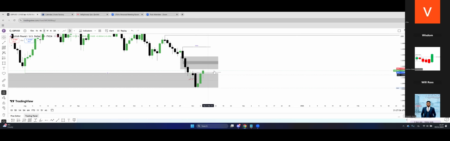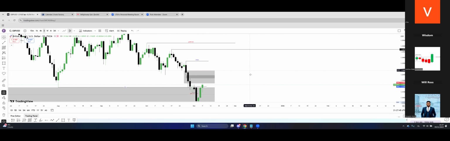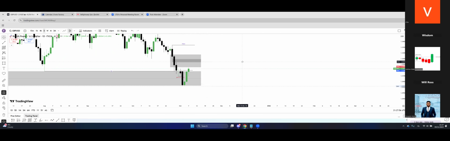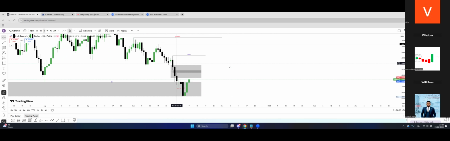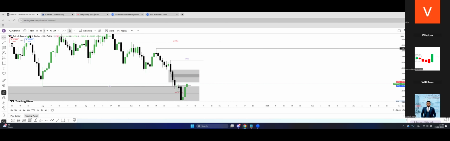So now we have a change in state of delivery from where? From the 3-month and monthly time frame inefficiency, which is telling us that price wants to move higher. But also we have a daily and weekly inefficiency from a weekly level perspective. So which means for sure price needs to deliver higher, but we don't know to which point. We have a lot of points of interest right here, such as liquidity resting above highs and highs and highs, and of course other areas such as inefficiencies.